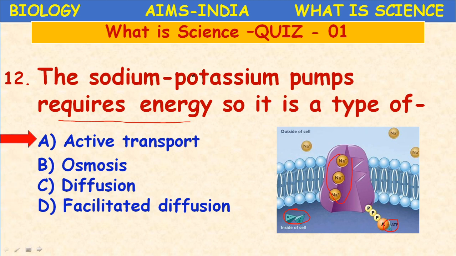Active transport. Cell membranes are involved in almost all internal organs, which are covered by living membranes called plasma membrane or cell membrane. It is involved in transport. It acts like a bridge through which the transport of substances takes place. That transport occurs in two ways: one is active transport, another is passive transport. In active transport, energy is used in the form of ATP.